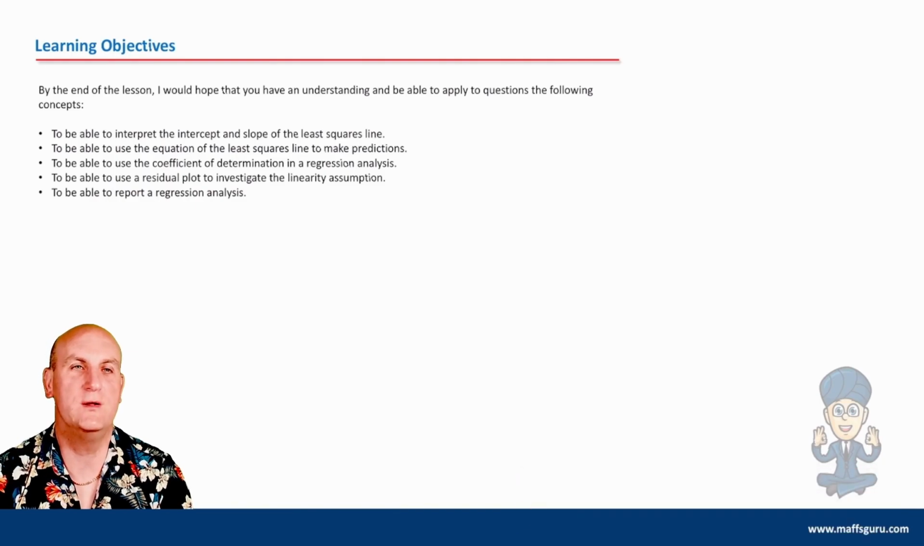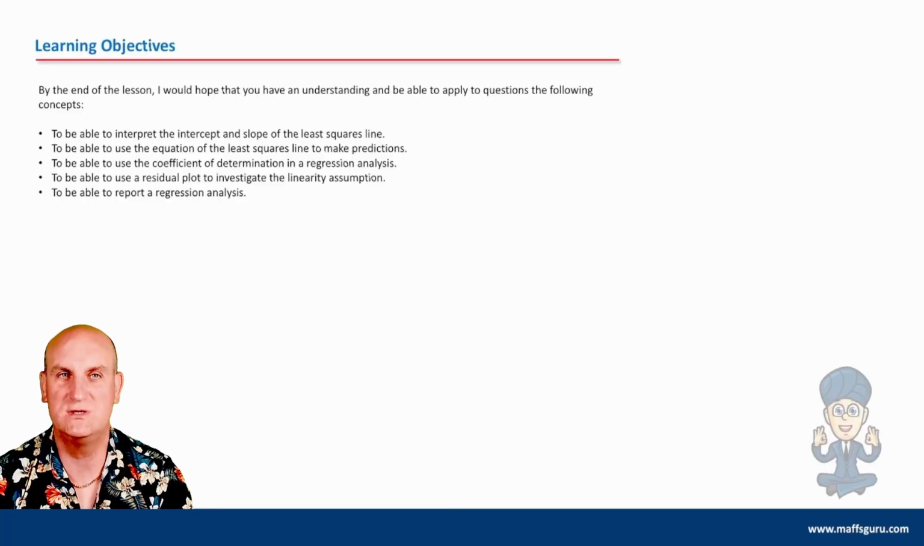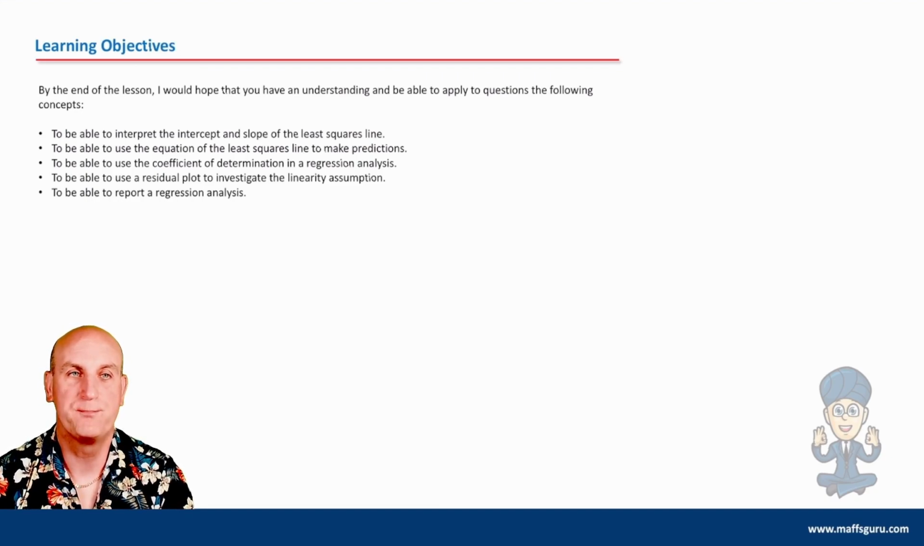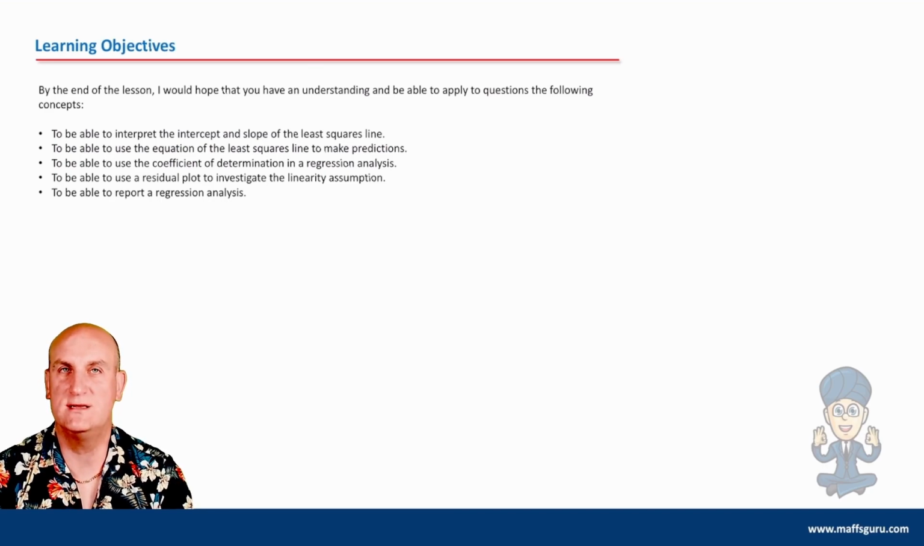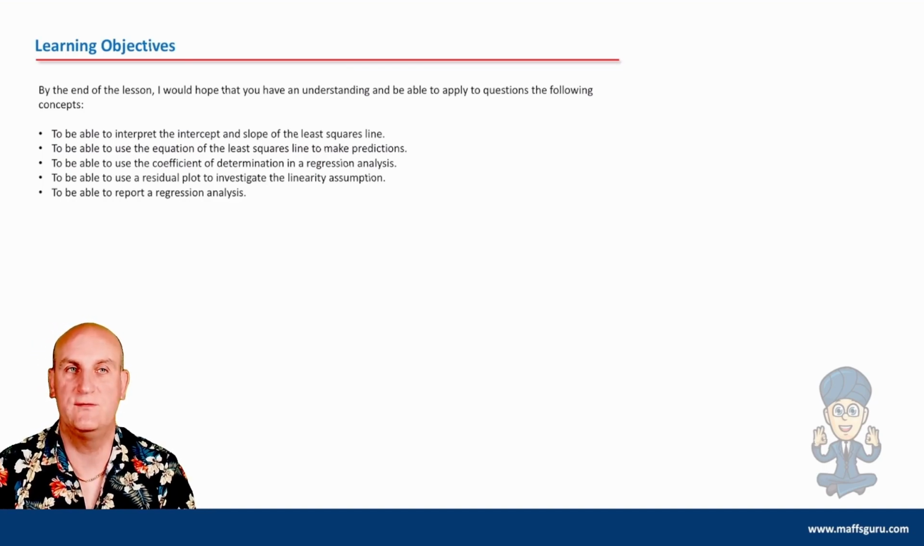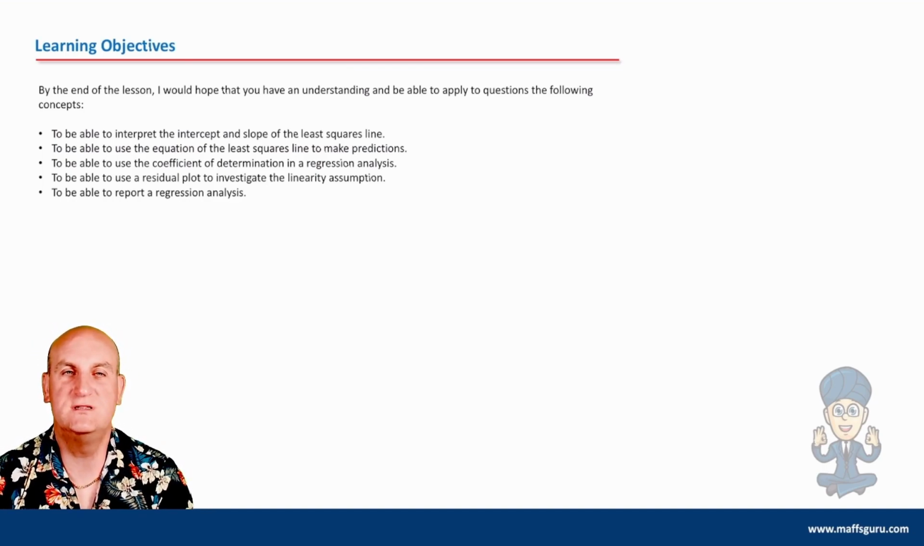What are we going to do in this video? Interpret the intercept and slope of a least squares line. Be able to use the equation of a least squares line to make predictions. I already did a bit of that in my previous video. Be able to use the coefficient of determination in a regression analysis. Do you understand what the coefficient of determination is? What does it mean? Can we write about it? And realistically, this is really preparing you for forthcoming SACs, where I'm sure this is going to be a significant component. Be able to use a residual plot to investigate the linearity assumption